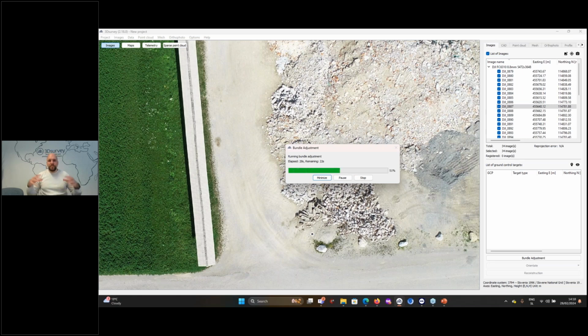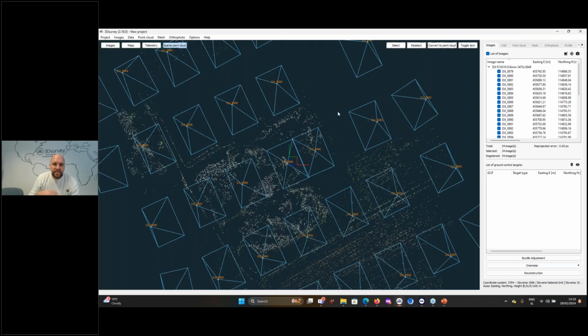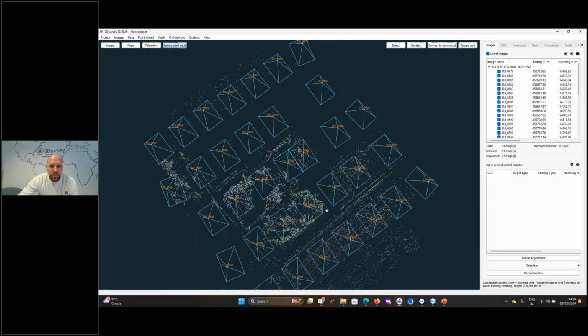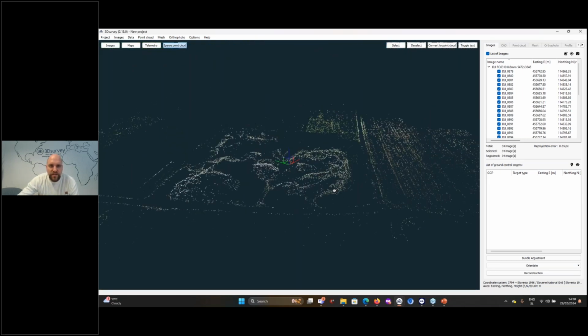Once we have same points in different images, we can calculate how these images were recorded in relation to the other. So we can calculate better orientation of these images. And as a result, we also get what is called a sparse point cloud.